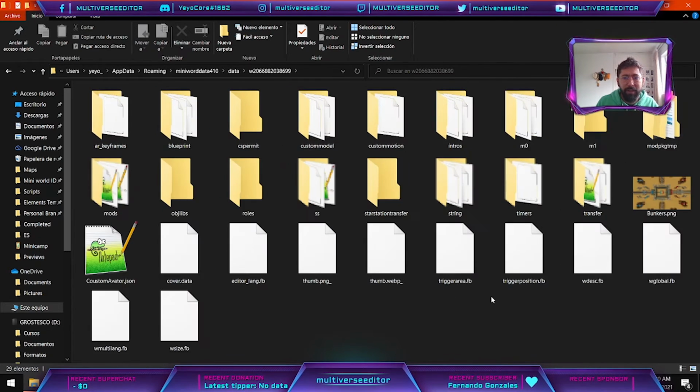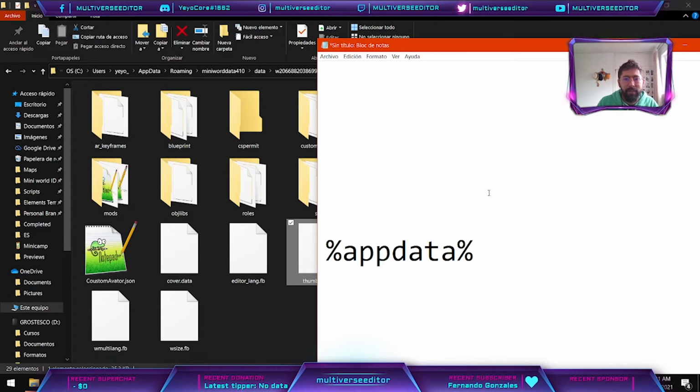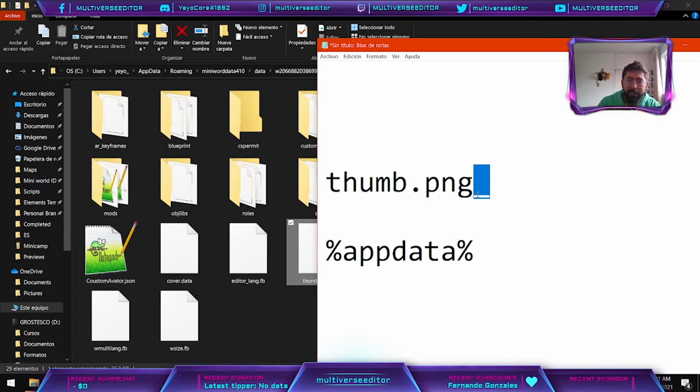Let me show you this trick. There is going to be a file here called, let me put the name here, okay? The name of the file is going to be thumbs.png, and an underscore after that, okay? What we need to do...